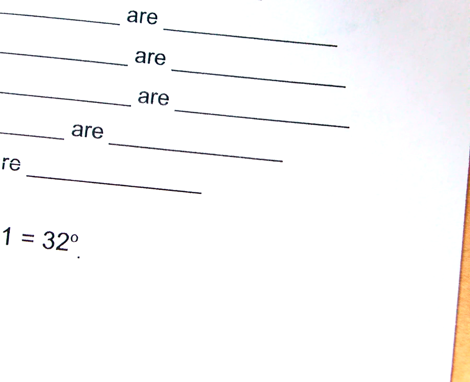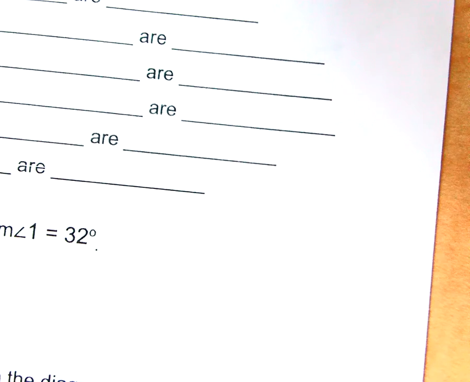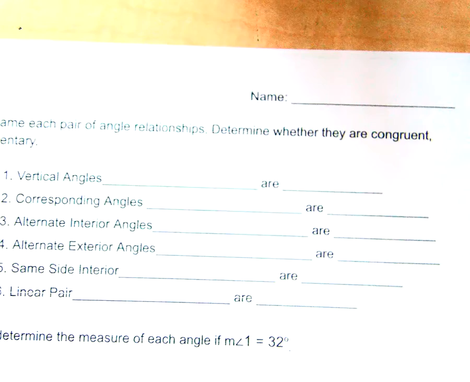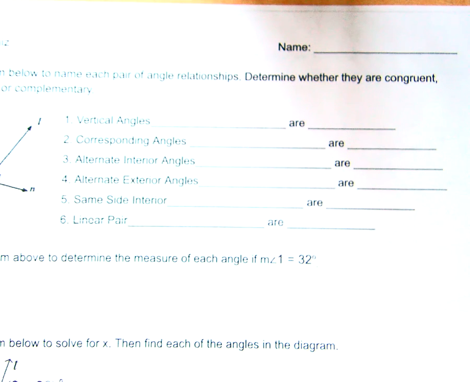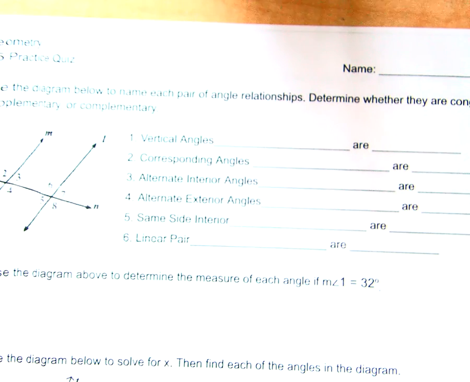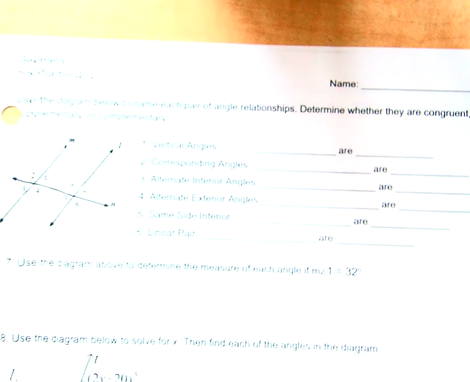Okay, we're going to be looking at the 5.5 practice quiz, and I'm giving you a good visual right now, aren't I? It looks like this. So if you, for some reason, don't have your copy, you can go download it, of course, on It's Learning, or just write on an extra piece of paper. It doesn't really matter. So we're going to be going through this,